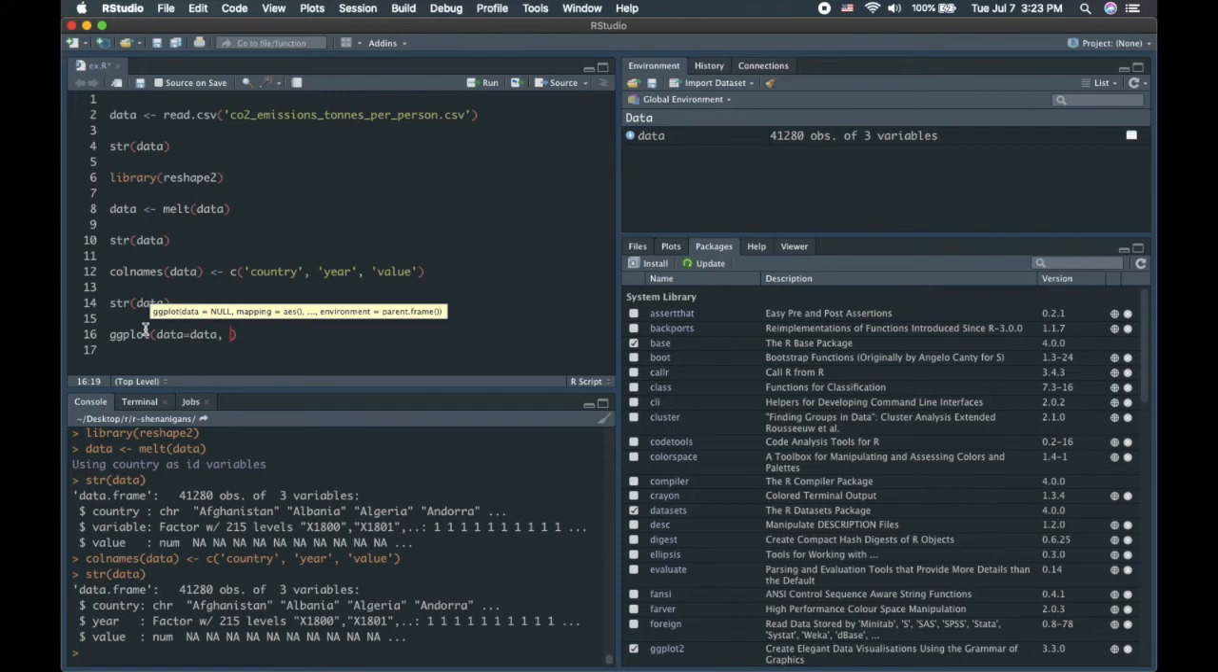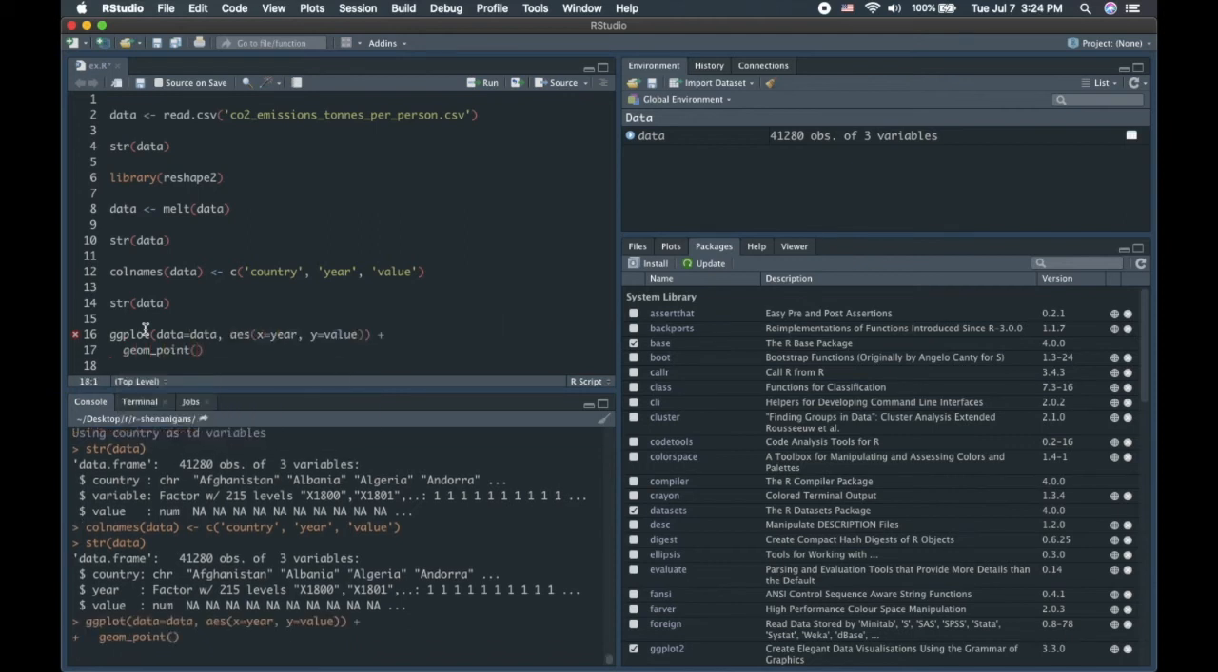So the data is obviously the data, and the x-coordinate is going to be the year, because we want to see a progression by year. And the y is the value. And I'm going to add geom_point to make it so that there are points on my graph. If we graph this,